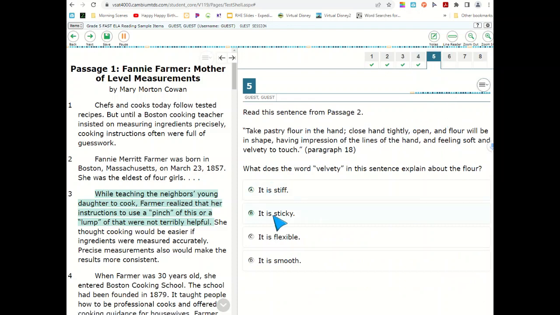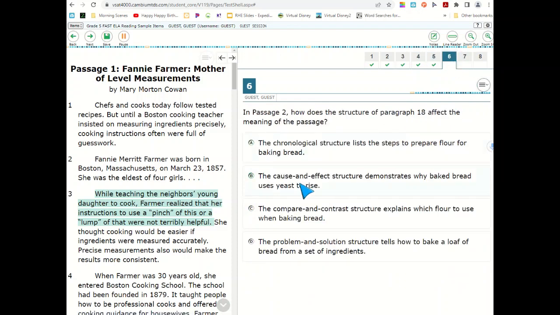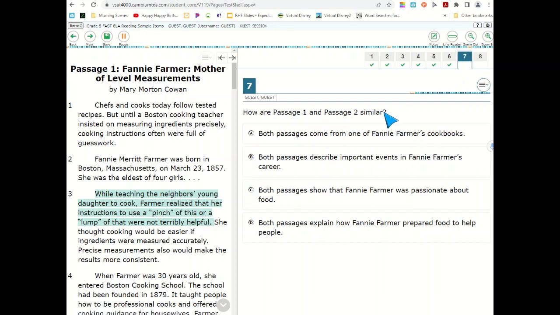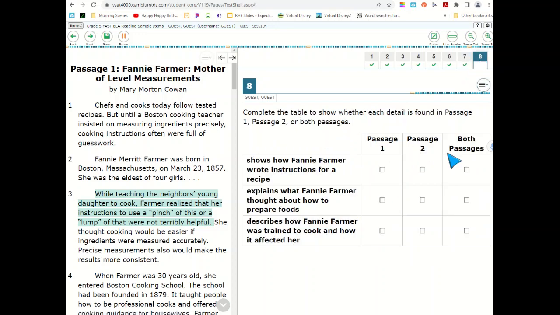Next question, multiple choice. Question 6, multiple choice. And again, I'm just choosing answers, but you're going to take your time and read carefully and choose the best answer for each question. So now I'm on question 8, and this is a chart that I need to fill